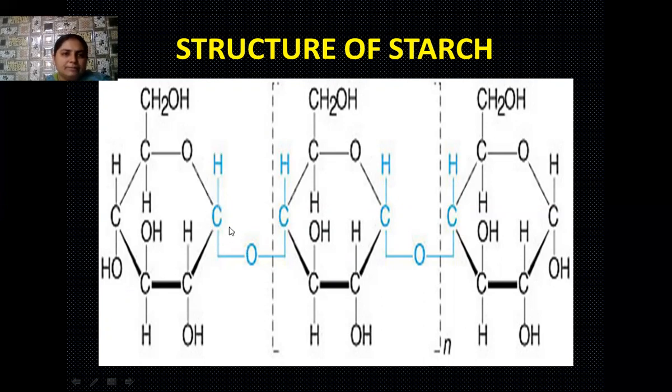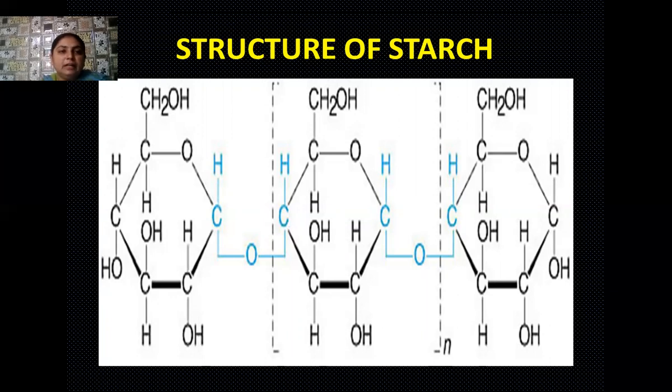So from this carbon, which is the first carbon of this heterocyclic ring, from here we take the OH group, and from the next carbon, which belongs to the second heterocyclic ring, here we take the H. So this OH and H later form H2O, and in this way removal of a water molecule takes place, and both the adjacent carbon atoms of the heterocyclic rings join with the help of this oxygen. So a C-O-C type of bond is known as the glycosidic bond, and this type of bond is always